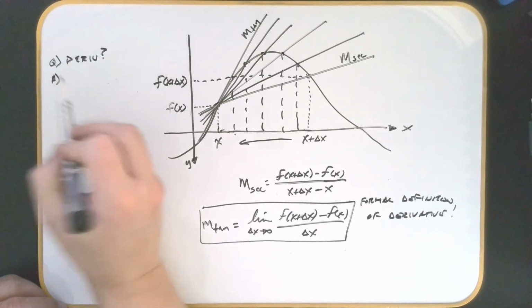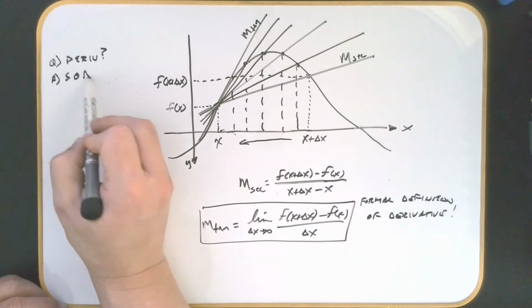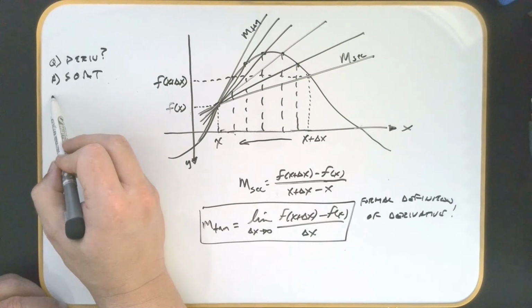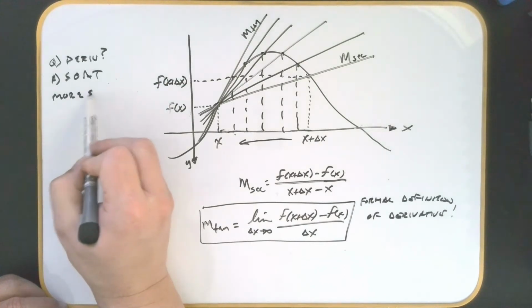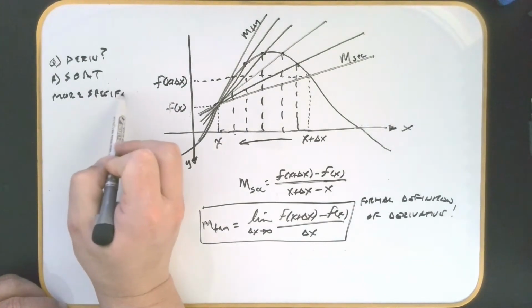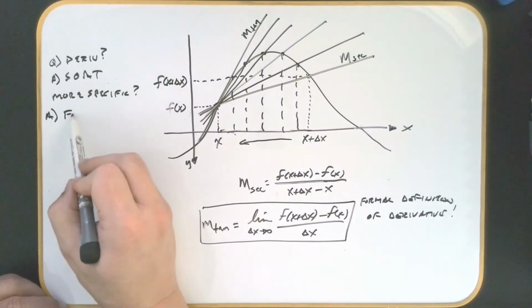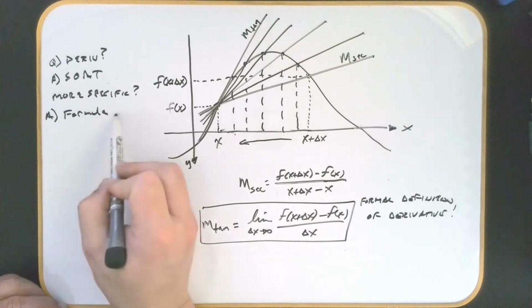And your answer was always slope of a tangent, SOAT. And then I would say, more specific? More specific? And your answer would change to formula. Formula for